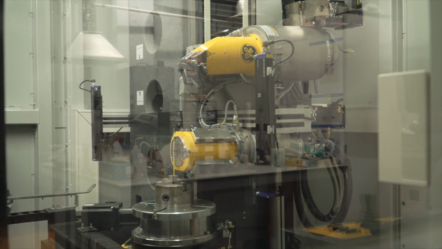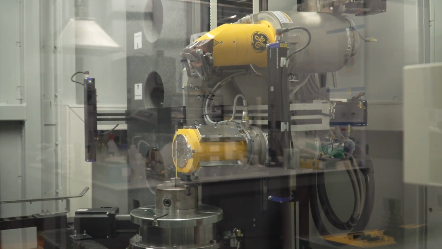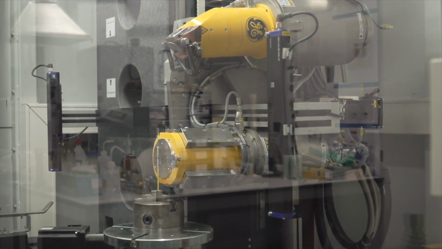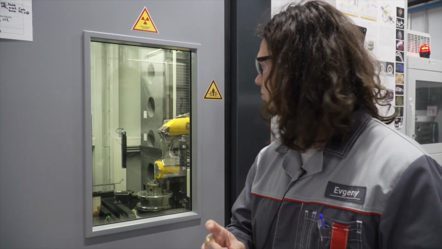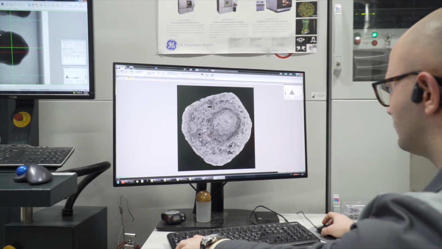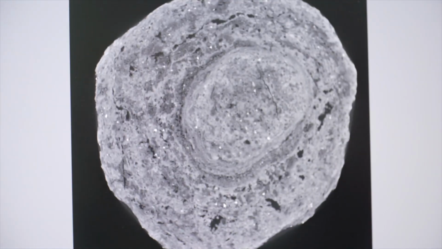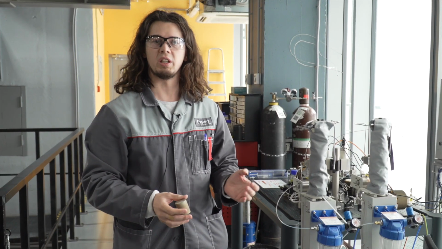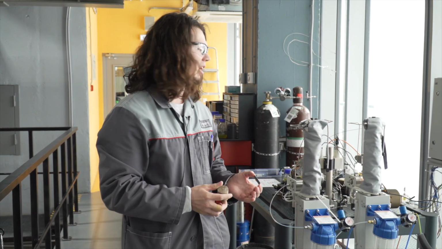So they are studying sedimentary rock samples, small rock samples, and they are able to visualize the pore size with this up to 1.3 microns. So this is really amazing and highly important. Right now we came to, I would say, the microfluidic laboratory, and here we are doing the experiments,